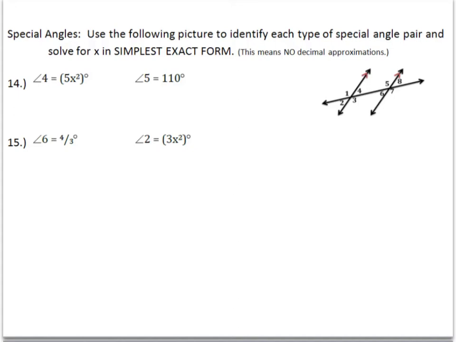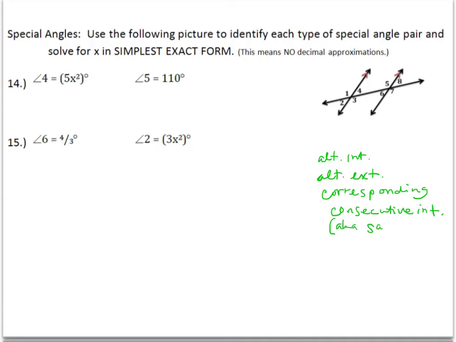Okay, on these ones are special angles. The trick on this, part of it was remembering their names. Your options are alternate interior, alternate exterior, corresponding, consecutive interior, which is also known as same side interior, and then we also had our other two random ones, vertical